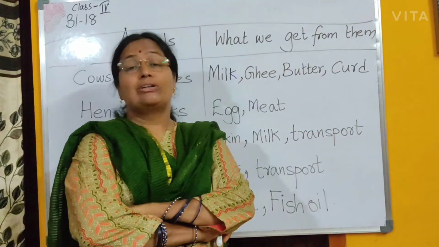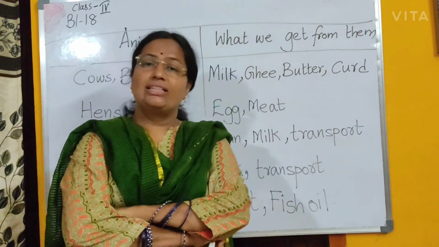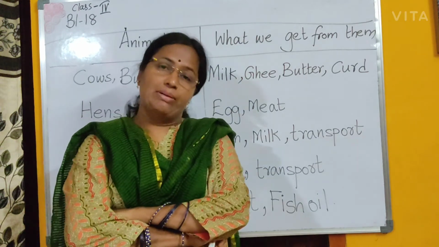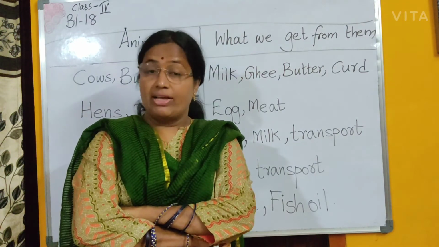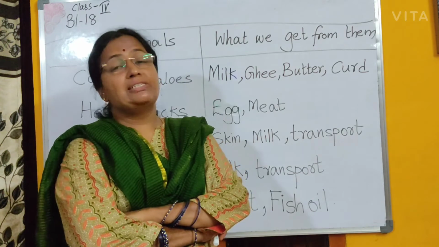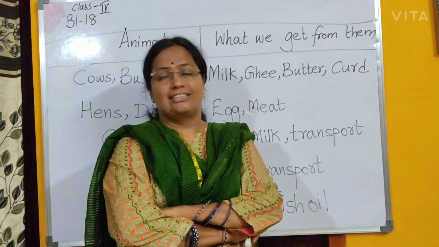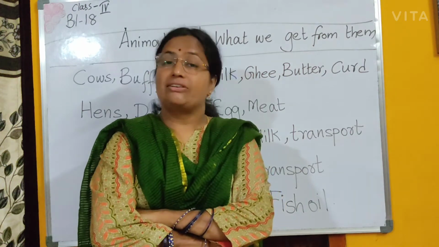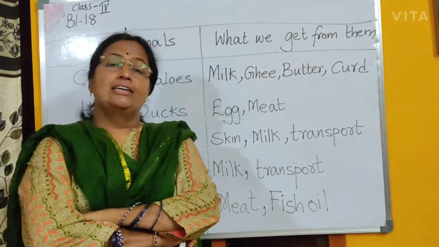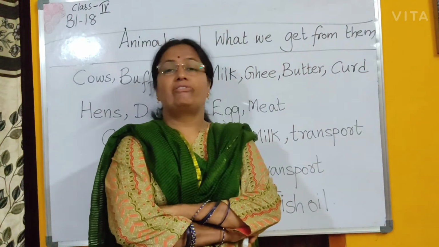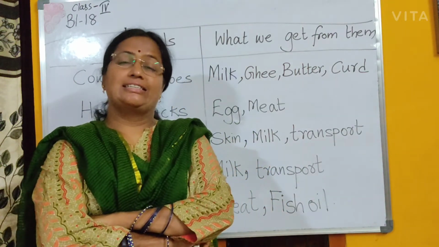Like in the ocean or sea, people use only ships to travel. People who live in the desert use camels. Camel is very important. Just as a ship is important at sea, a camel is that important in the desert. So the camel is used as transport in the desert, and camel's milk is also used. Like we use cow's and buffalo's milk, camel's milk is used in the desert.